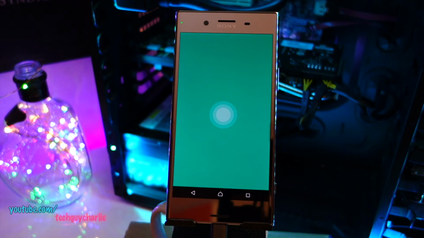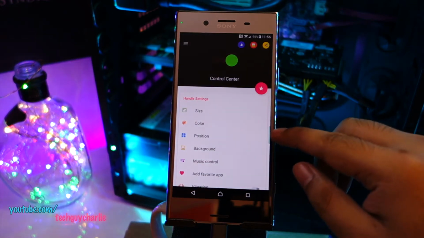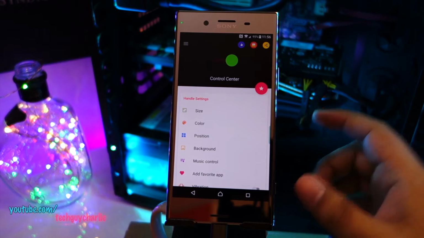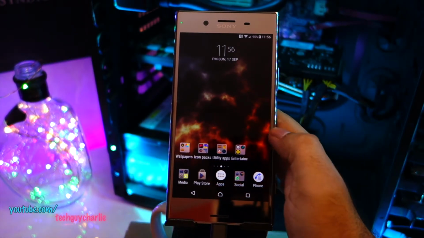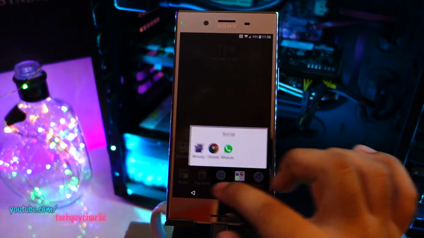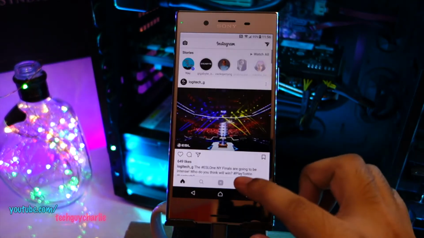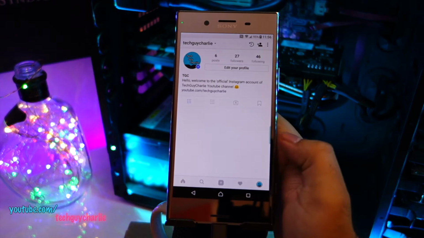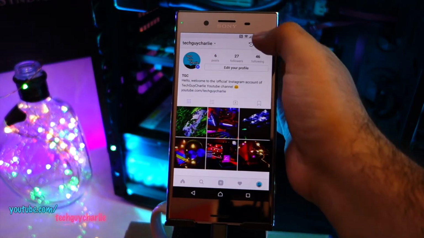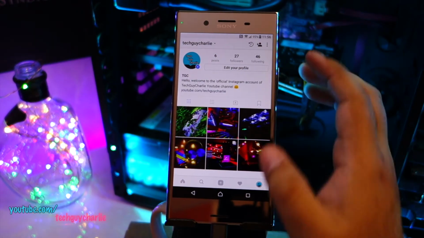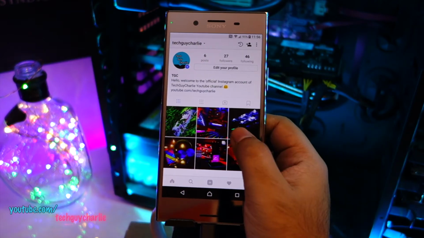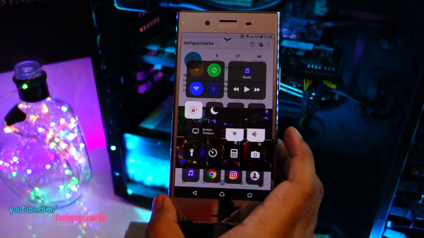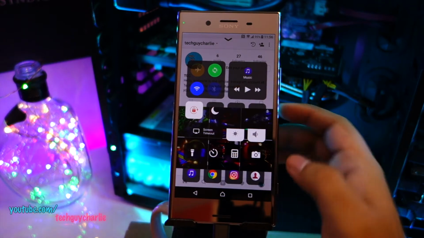So you can download this off Play Store, and you can see this little blue bar over here. This is actually the Control Center app. So no matter what you're doing on your phone, say for example you're browsing Instagram, and say you want to change brightness but you don't want to drop down the notification bar because you can't reach it with one hand. So all you gotta do is swipe in from your right hand side to the left,